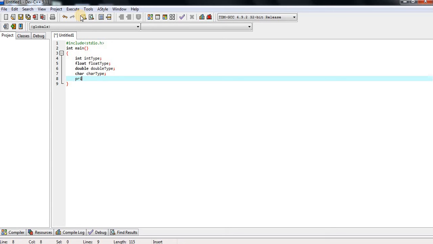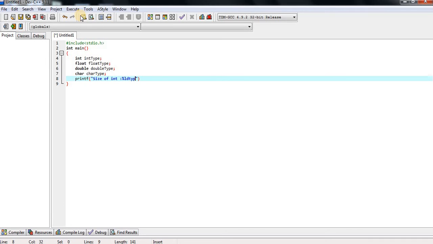With the help of printf we display that information on the screen. Size of int here. %ld is a format specifier. We are finding that information, the result stored from this int, float, double, char. That is a numbering format, an integer format, like signed or unsigned. That's why here I am taking the format specifier %ld.